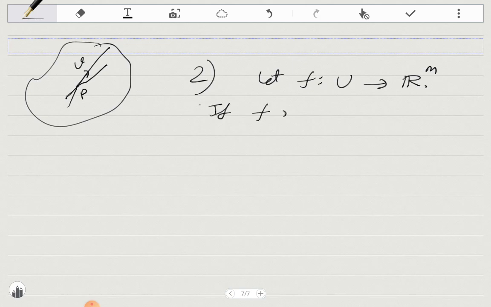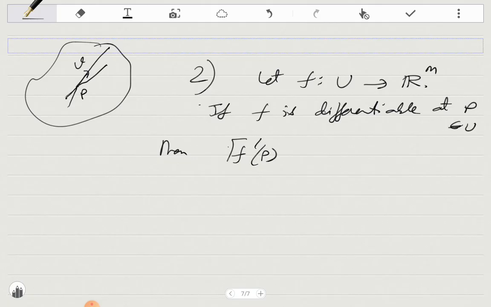If f is differentiable at P in U, then the matrix of this linear transformation f prime P is given by